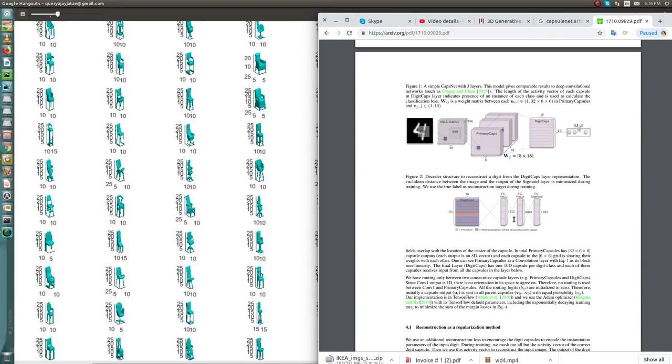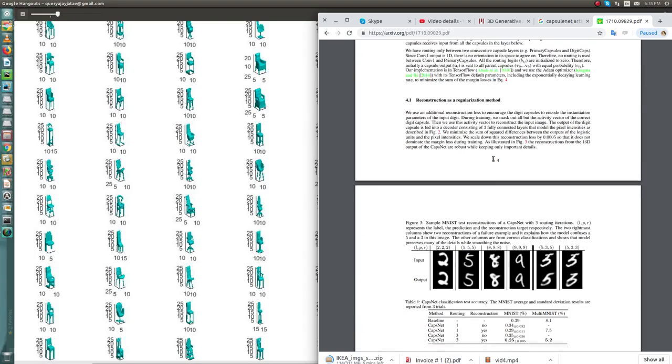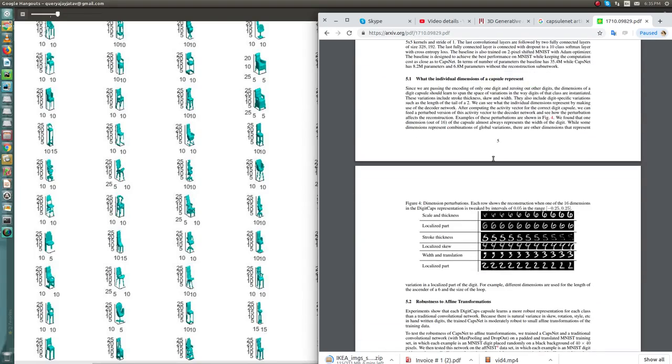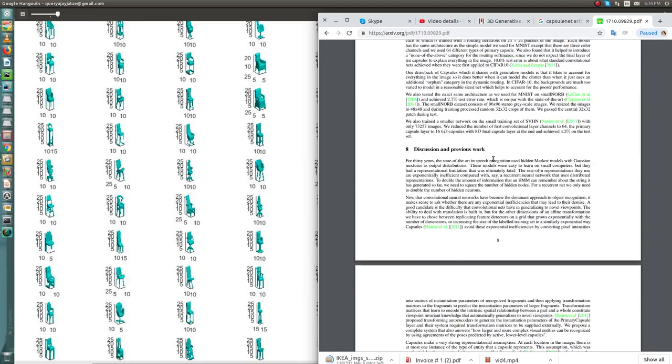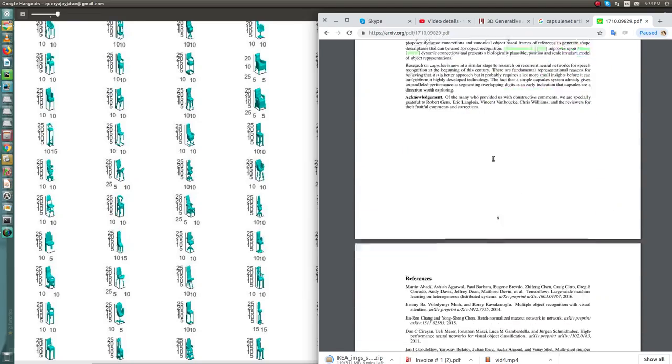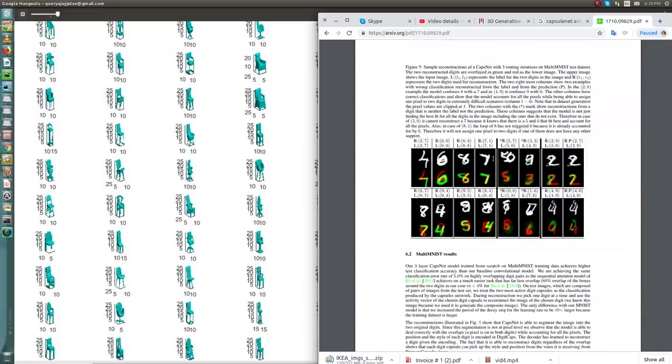From the architectural viewpoint of CapsuleNet, the first part is very similar to a traditional convolutional neural network. Thereafter it contains primary caps, maybe more than one, and digit caps. The most important research corresponding to the primary caps is that it introduces a squash function, which creates a non-linearity in the input data.